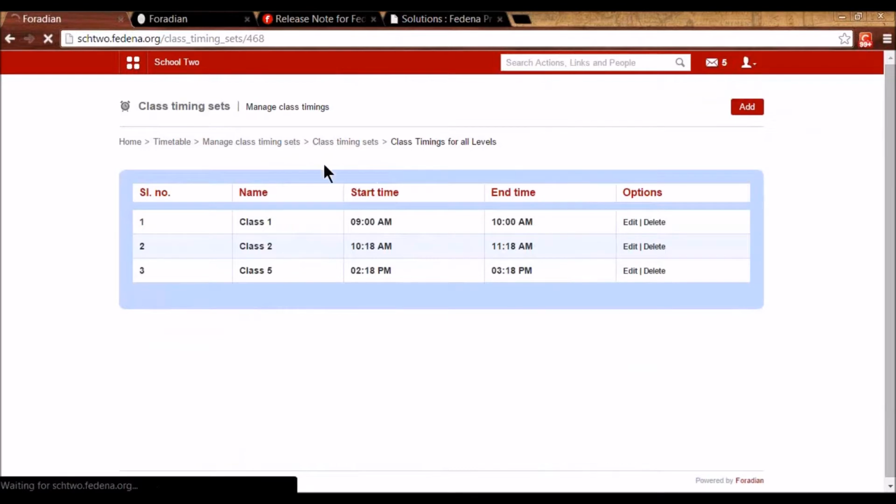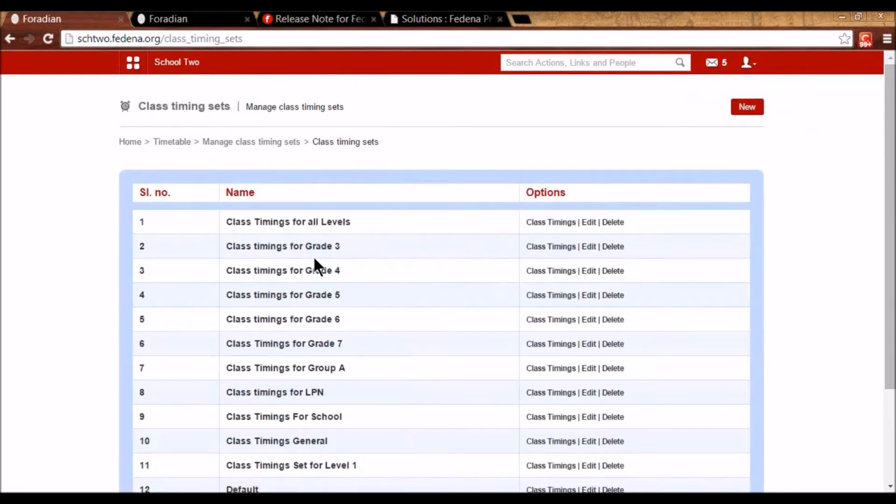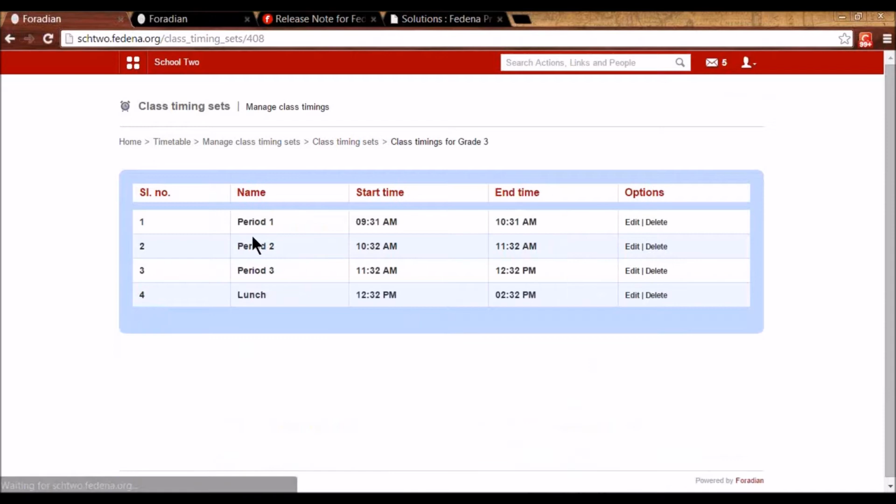So this is because this class timing for grade 3 is already used by some batch. So now I cannot edit it. I can only edit the names of the periods or the timings of the periods. I cannot add more periods to it because this class timing set is already used by a batch.